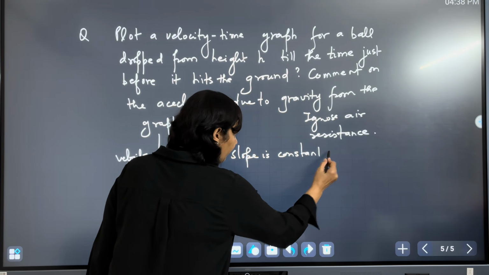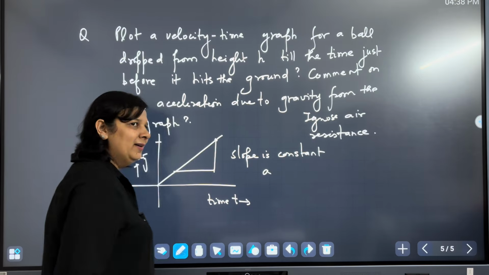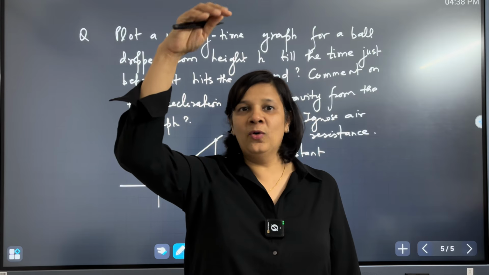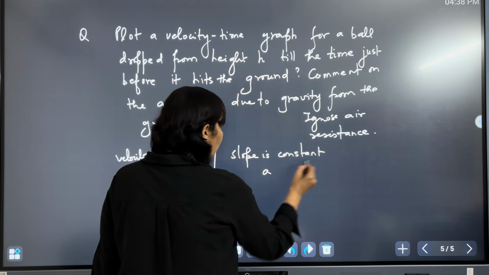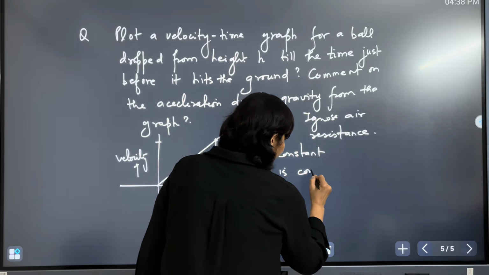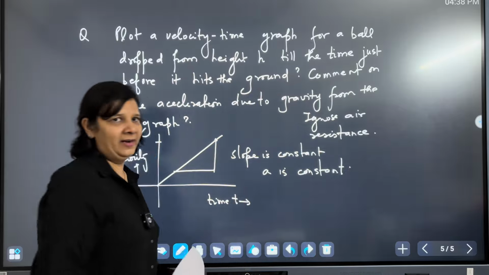which tells you, if you would know the velocity at this point, this we will learn later how to calculate. For that you need to know from what height you have dropped the ball. We'll do such kind of questions. Slope is constant, so acceleration a is constant. This much we can infer, that's all.